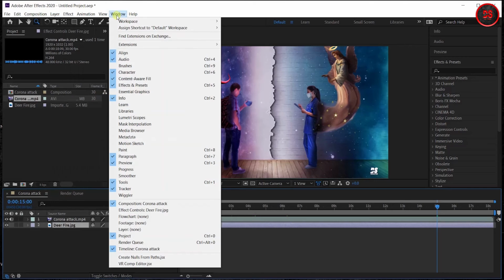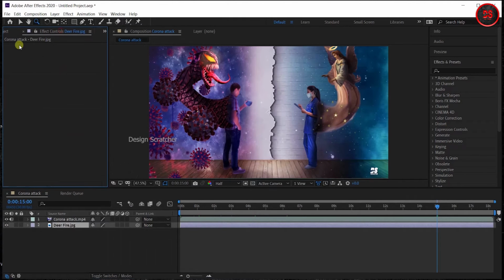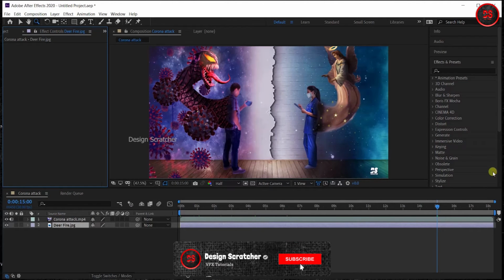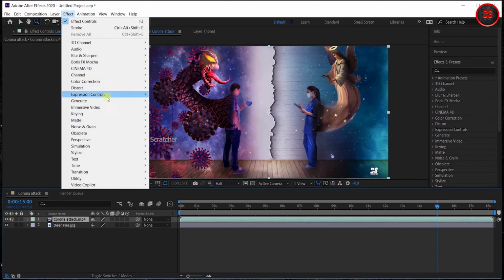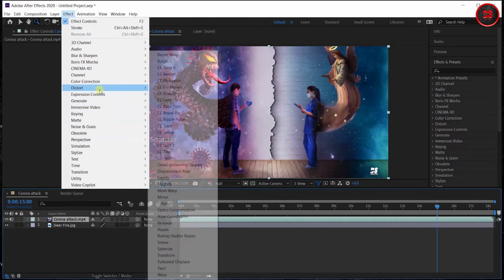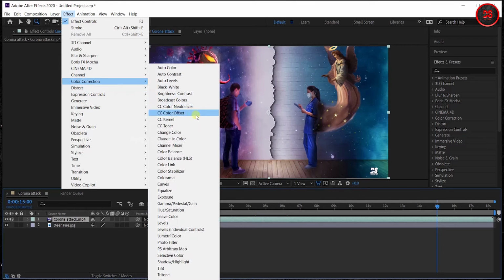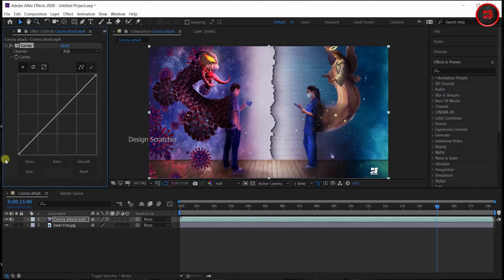And Window is important for After Effects. This is for Effect Controls. If any effect is selected and you click it, for example Color Correction, I choose the color correction scales and change the exposure.